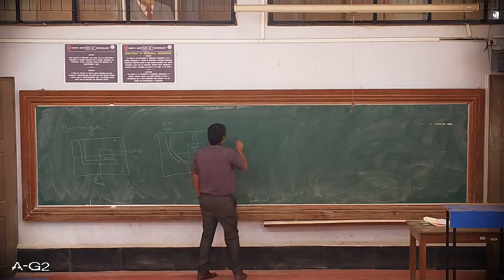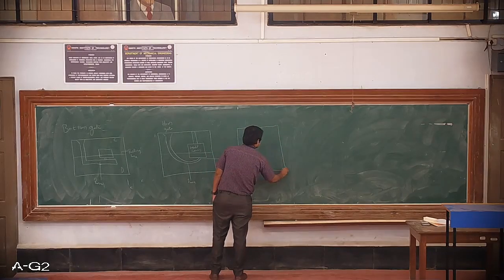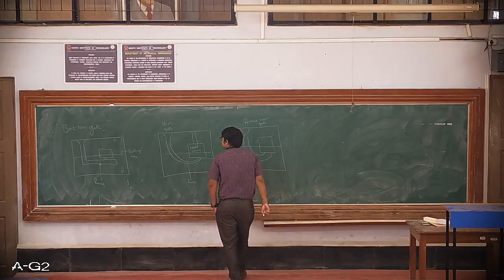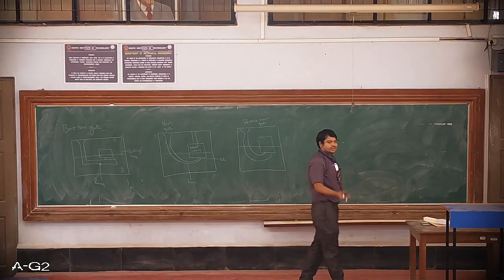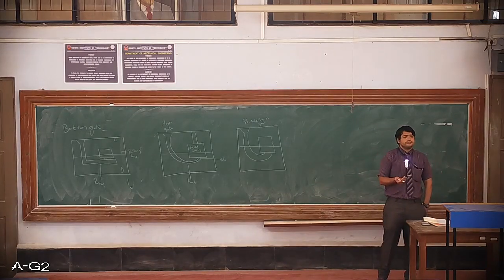Then we have reverse horn gate system as well. Here again, casting. This is reverse horn gate. So in order to overcome the drawbacks or demerits of top gating system, we have this bottom gating system, which is generally used for heavy castings.